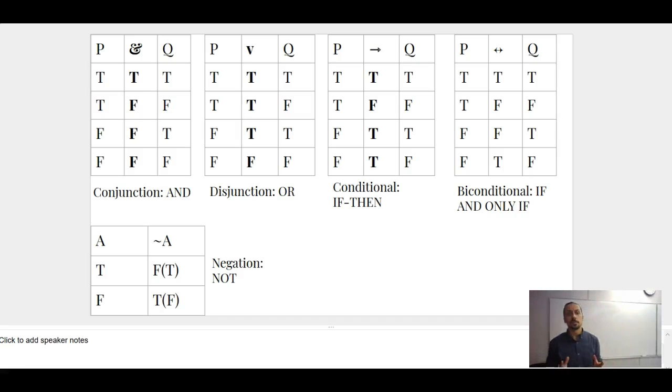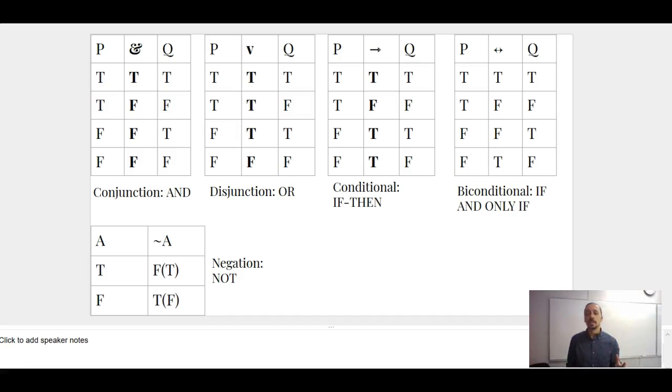So here are all the 5 truth tables. Again, how do the truth tables work? It's easy. Every component here has a truth value. The only component that doesn't have a truth value in sentential logic are the brackets, which are merely used to disambiguate complex sentences. So the atomic sentences, P and Q, which is kind of the